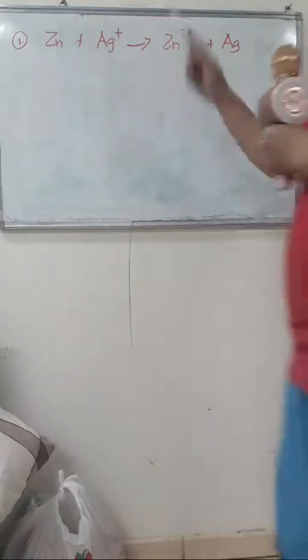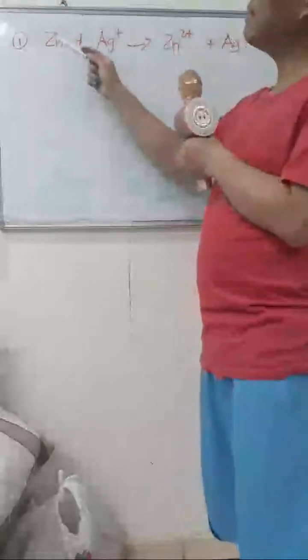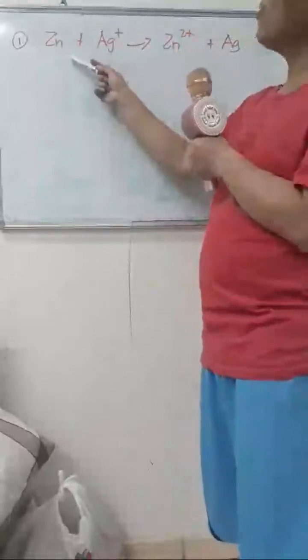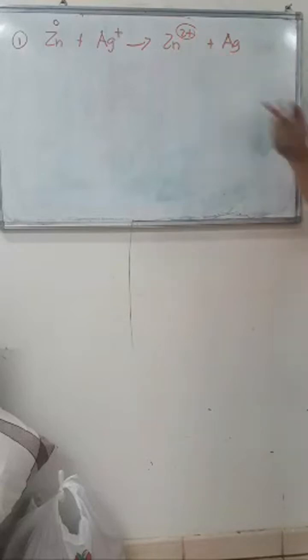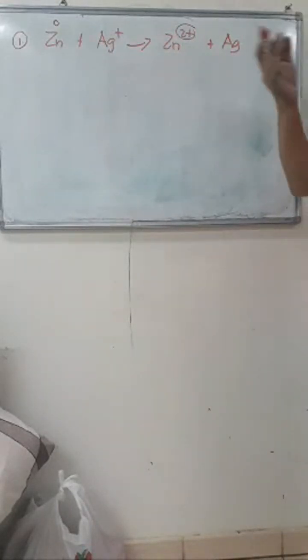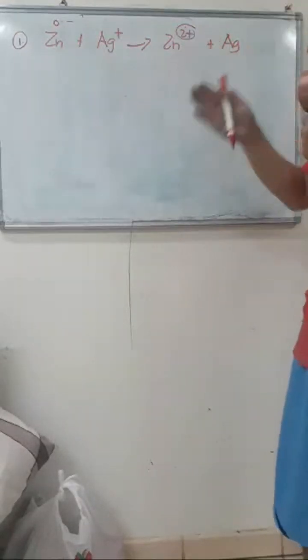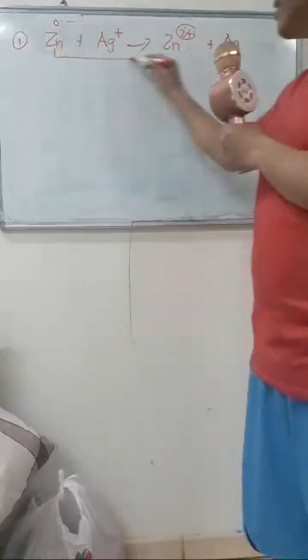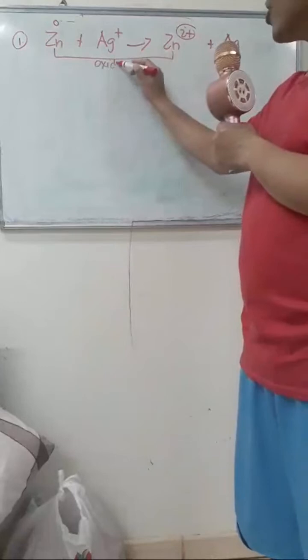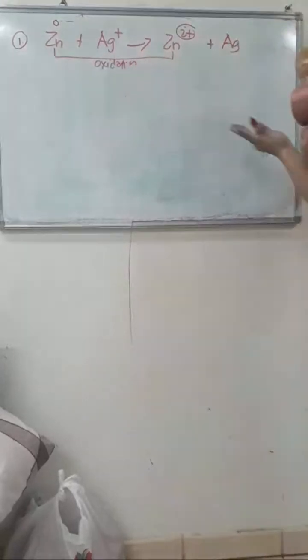Now, as I told you in the general rule, this is zinc. This is electropositive zinc. Meaning to say free state, solo flight. So zinc's oxidation number is 0. And here it's positive 2. So meaning to say it loses electrons because it goes to positive 2. Then in a direct way, it increases the oxidation number. Since it loses electrons and increases the oxidation number, this is oxidation.